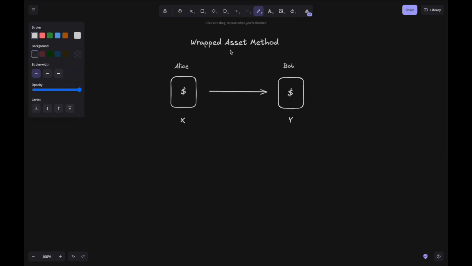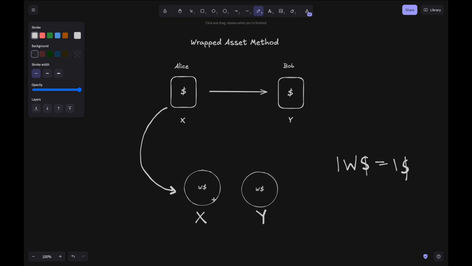One of the other ways is the wrapped asset method. In this, again, Alice wants to send dollars to Bob from country X to Y. This time I have another token, wrapped dollar, which is accepted in both countries X and Y. The specialty of this wrapped dollar is that one wrapped dollar is always equal to $1, which is that the wrapped dollar has pegged its value to $1. So now, whenever somebody sends dollars over here, the same amount of wrapped dollars is minted